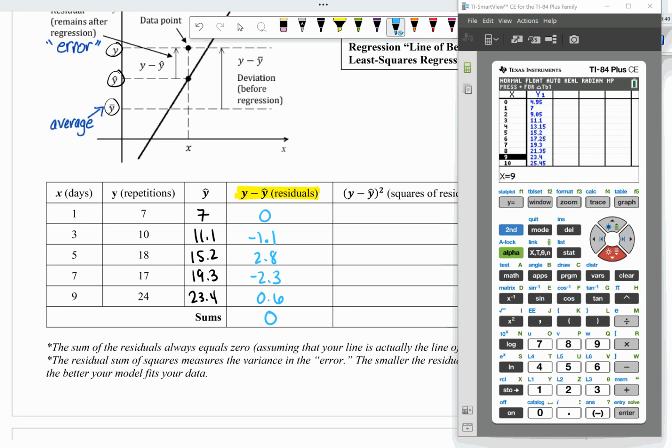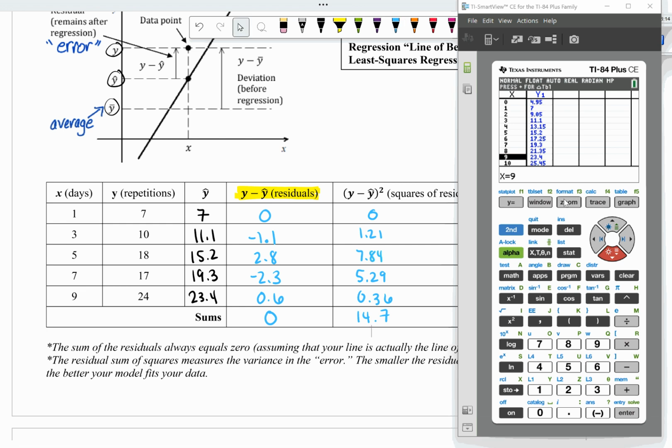So if we do that and square these values, we would get 0, 1.21, 7.84, 5.29, 0.36, and 14.7. So the sum of the residuals is always equal to 0, assuming that your line is actually the best fit. The residual sum of squares measures the variance in the error. The smaller the residual sum of squares, the better the model fits your data, which is why we're looking at